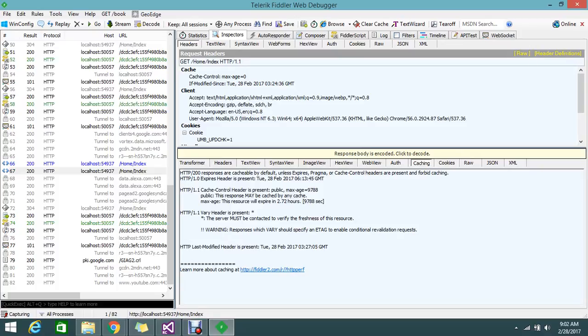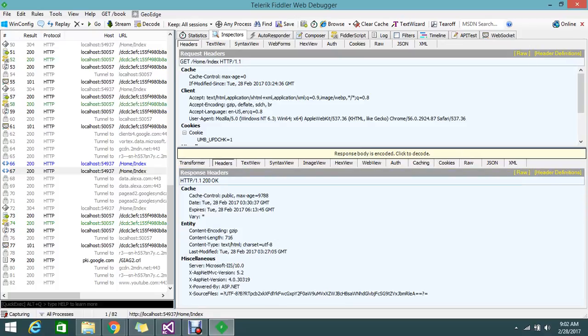And you have the options transformers and the headers. So if you go to the headers, by default you can see this header, cache. So the cache has the maximum age, the date when it is cached, and when it is going to expire. So vary by parameter is now set to all,